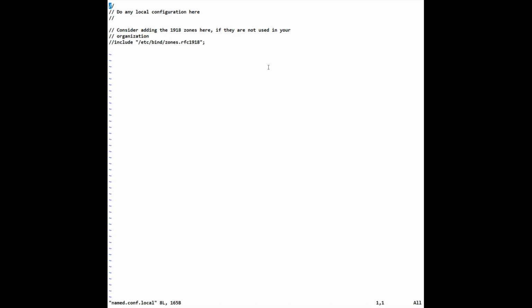The next file we actually need to configure is named.conf.local. Again, this is in the /etc/bind directory. So as always for me, I'm going to sudo vi this file. So sudo vi named.conf.local and let's put in my password. And here we see the contents of the file. So what I'm going to do is I'm going to go to the bottom of the file and here I'm